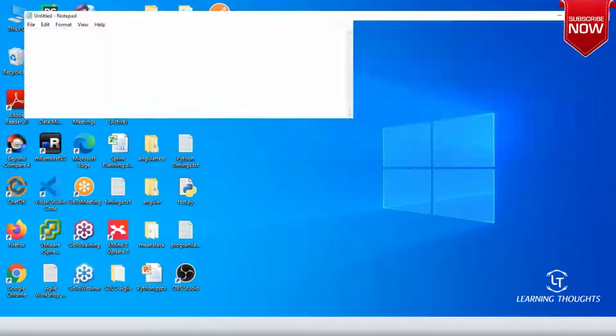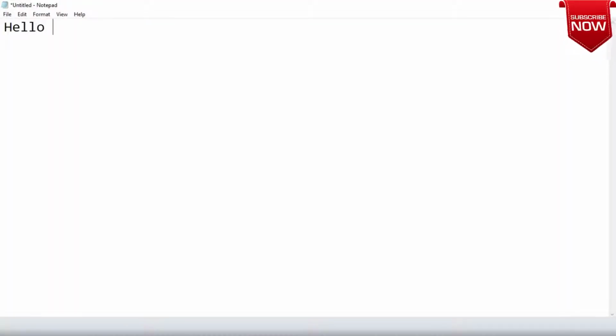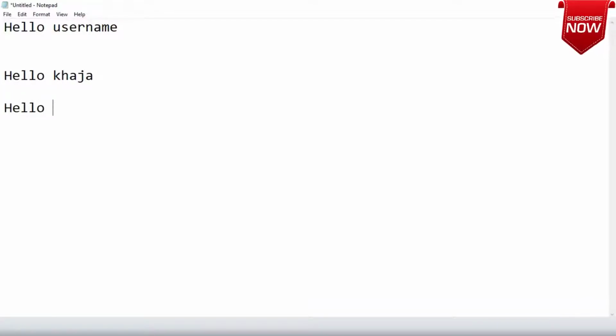Now you have written a shell script which basically tells hello, and then it has to display the username. If I am logged in as a user, let us assume my username is Khaja, it should display something like that. If Ramna logs in, it should display a message saying hello Ramna. You can take any names for that matter. So how can I build this kind of behavior?